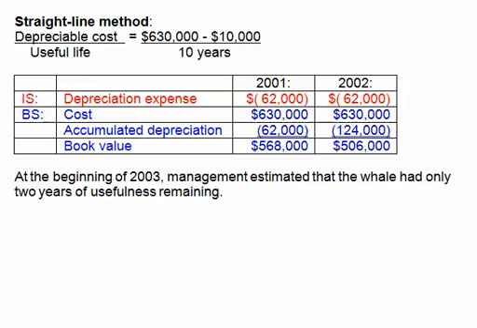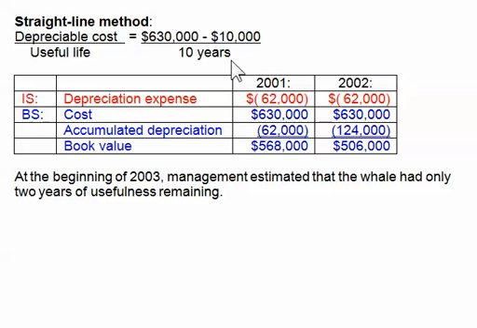Depreciation requires estimates. You have to estimate the salvage value and the useful life. Well, what can happen is that over time more information may come in that gives management reason to revise their estimates. For instance, let's use this whale example. Let's say we've bought that $630,000 whale and we had expected to sell it for $10,000 at the end of